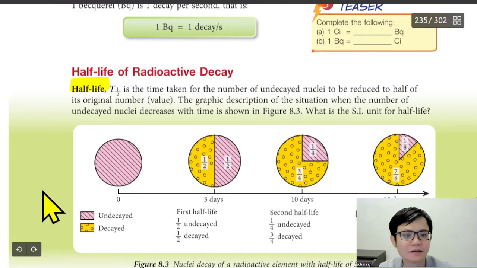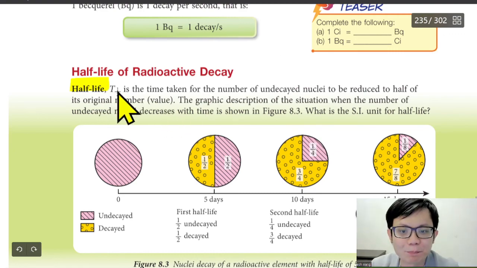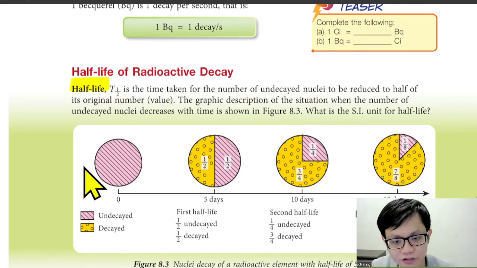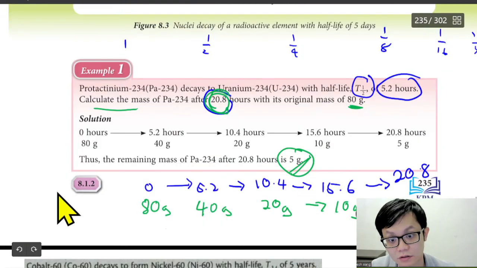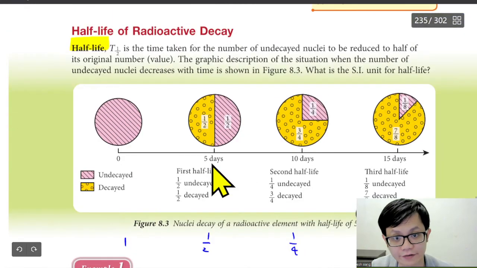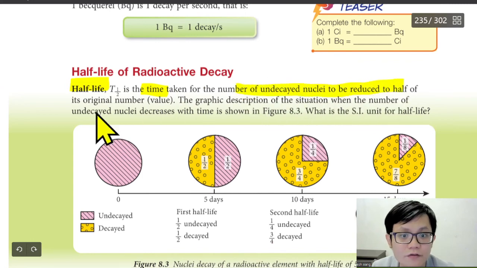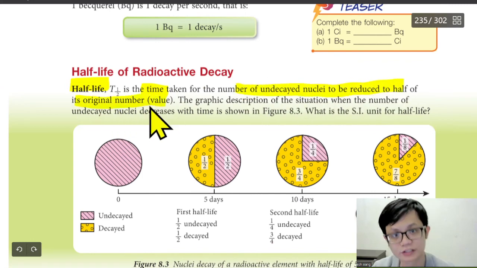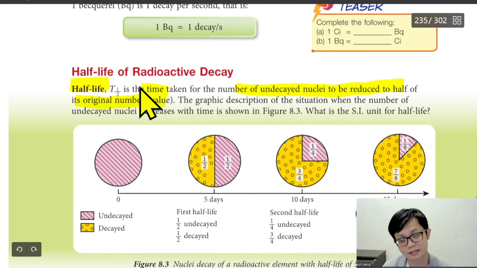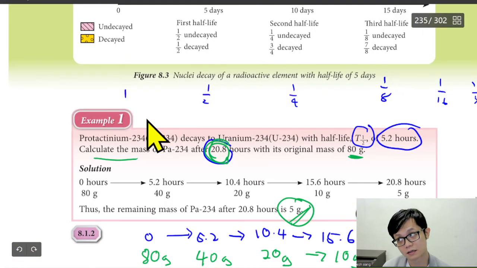Okay, so very good. So if you got the answer, half-life is what? At page 235, we can see that half-life is the time taken for the number of decayed nuclei to be reduced to half of its original value. So this one is a straightforward question. Now this one you